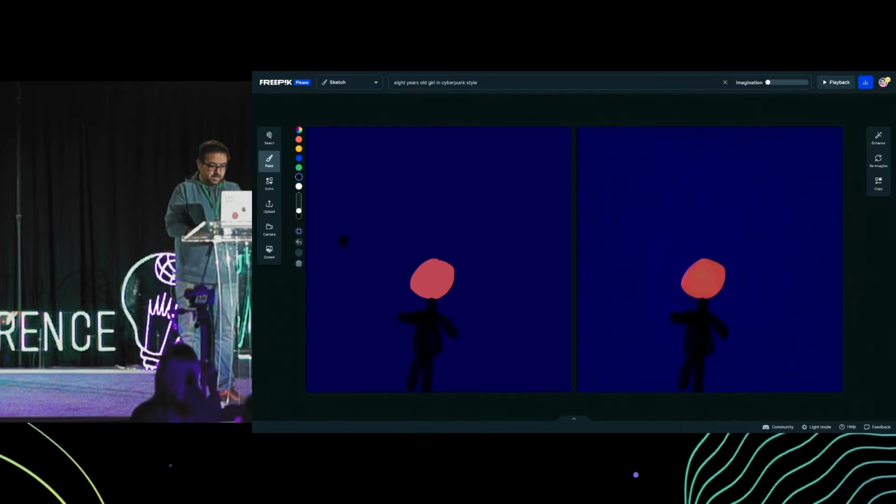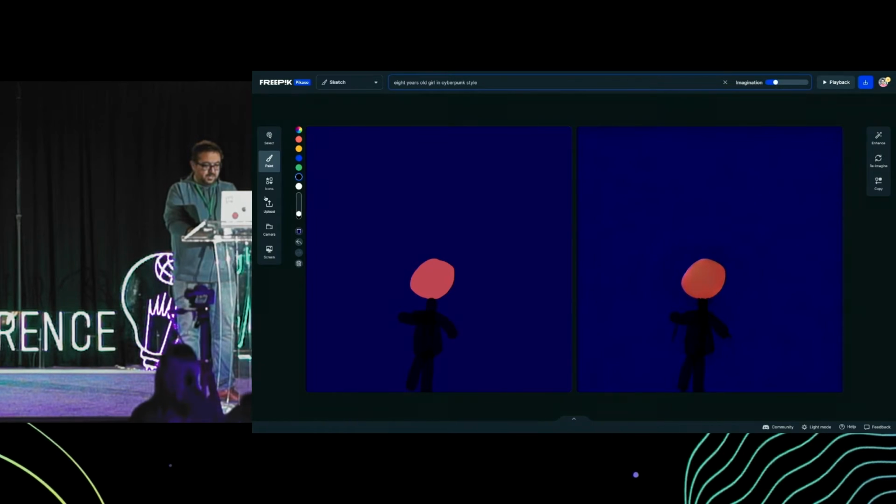Right now we are only seeing the same drawing, but if we start asking the model to use the imagination, you are going to see how the model helps me with the final result.